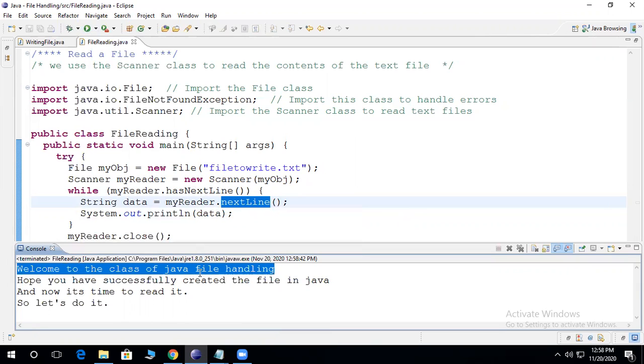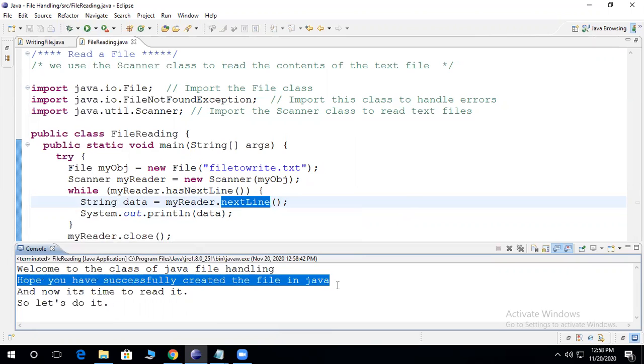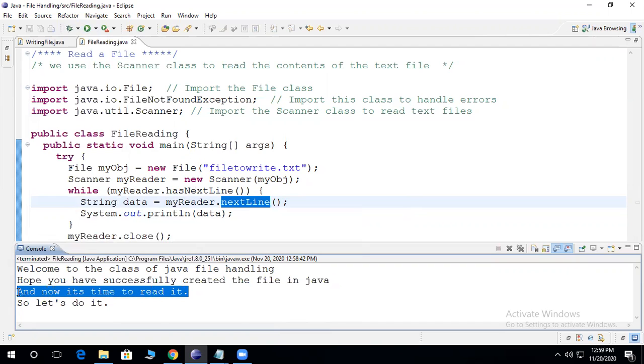Then that data will get printed. In the next iteration the file object will point to this line, and nextLine will return this line, which will get copied into data and printed. Then in the next iteration the object will point to this line, and nextLine will return this statement, which will get copied into data and printed.